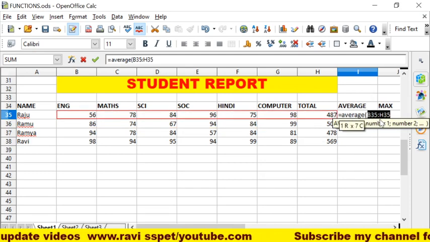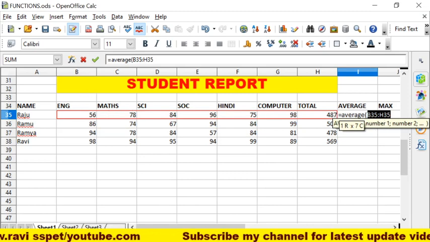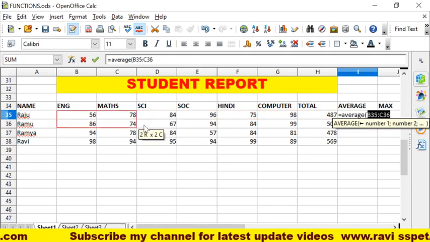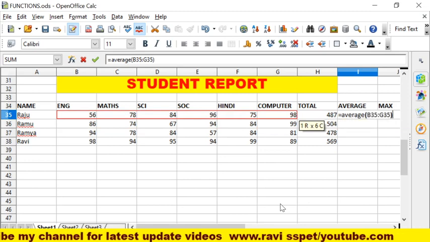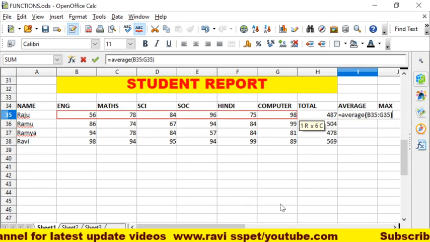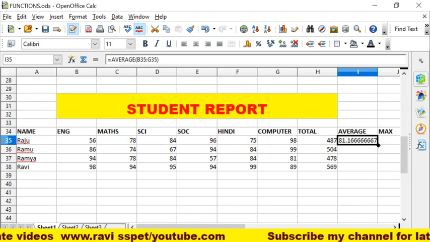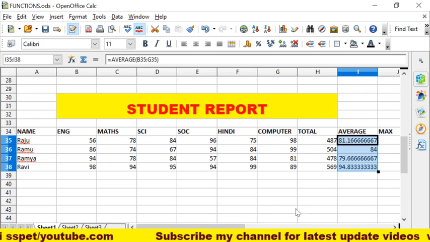Automatically it will take the references from B35 to H35. Sorry, the total will not come in the average, only up to computer. Here give the close bracket and enter. So 81% for the first student. No need to calculate the second student again, just drag like this.